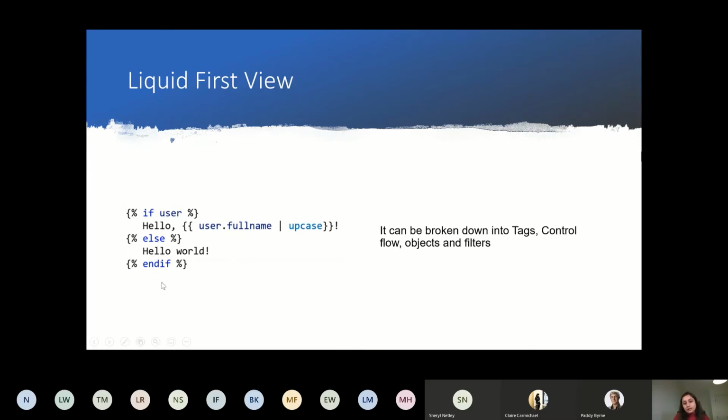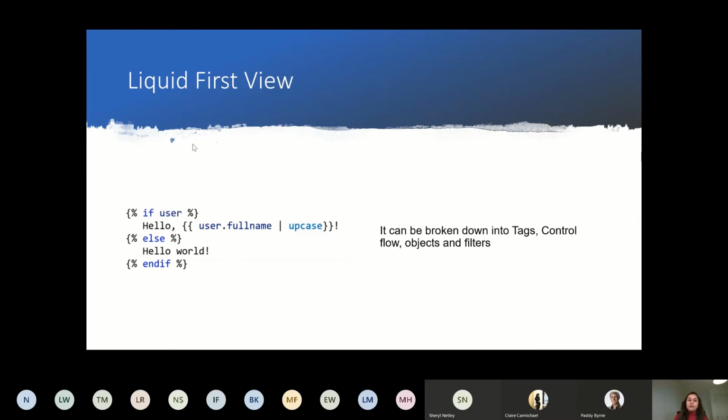So what do these lines of code mean? If user: it means that user is a Liquid supported tag which tells that the user is logged in. Then please print hello user.fullname in uppercase. Why do we write these two curly braces? Basically, in Liquid we don't have debug functionality. That's the worst part of it. We can't debug if there are too many lines of code. We need to print everything and see whether the output is coming correctly or not.